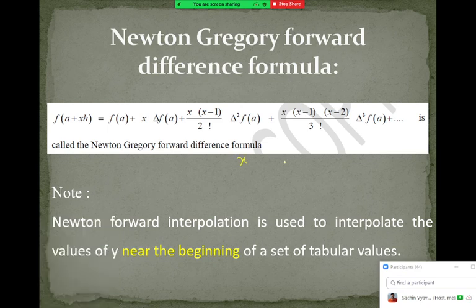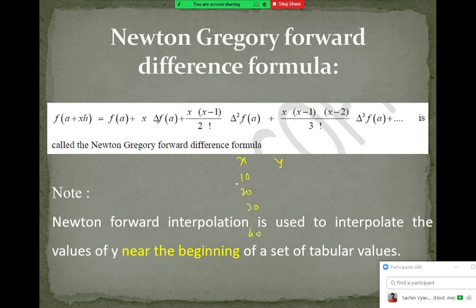Any guess? This x and y are given. Say x is given as 10, 20, 30, and 40, and f(x) is also given here, so y equals f(x). So this will be given, and we are using this forward interpolation formula mainly